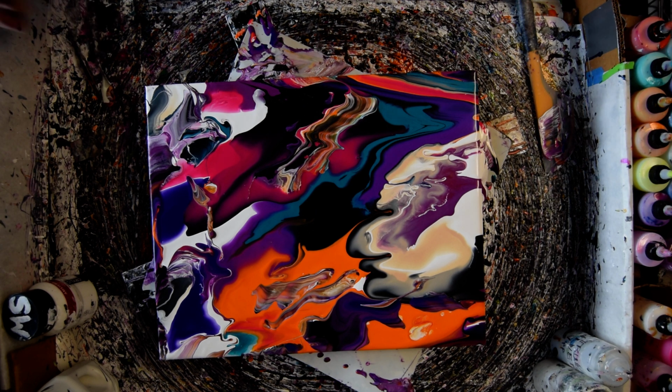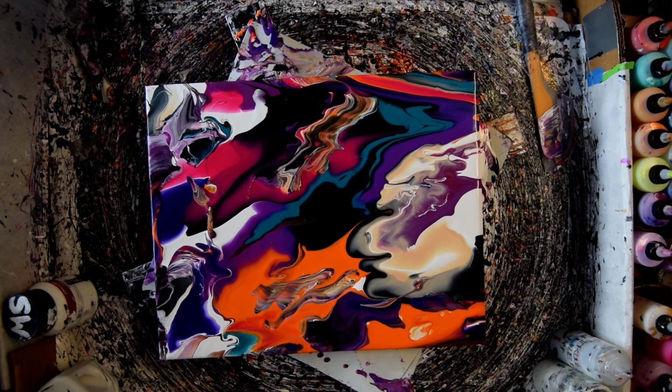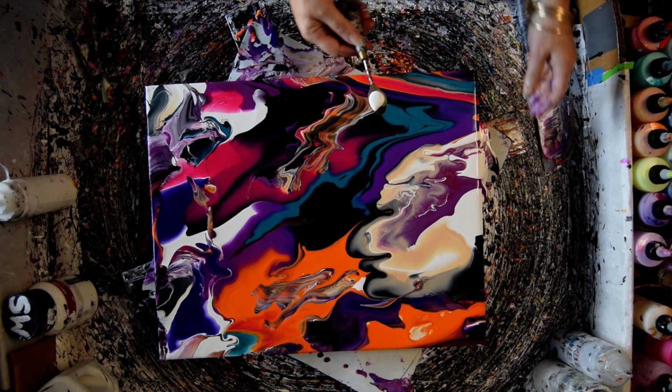swiping with something, and I have something to swipe with. The question is, what size do I want to use? And I'm kind of thinking small, and I want to do some white, Amsterdam white in Aussie Floetrol. Oh, I didn't clean my palette knife off. Bad girl. All right, so where are we gonna